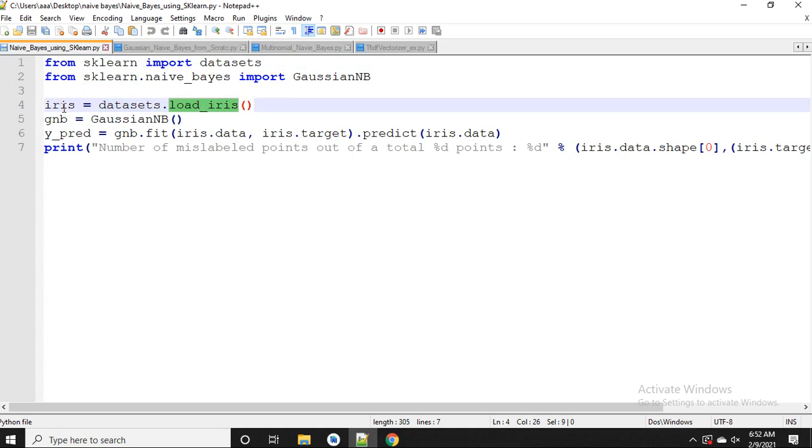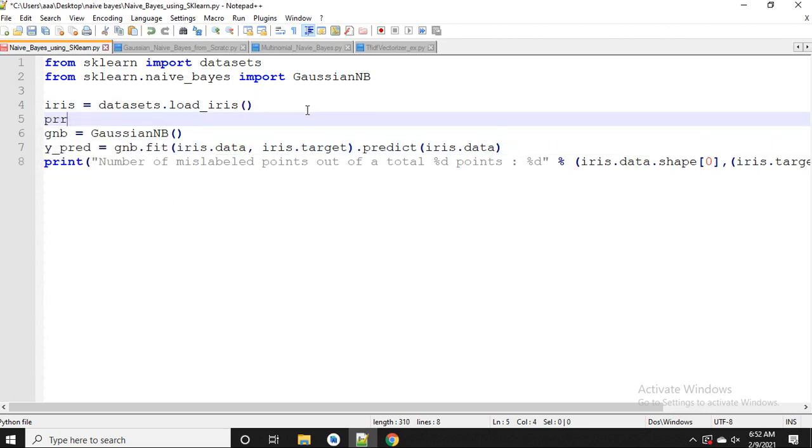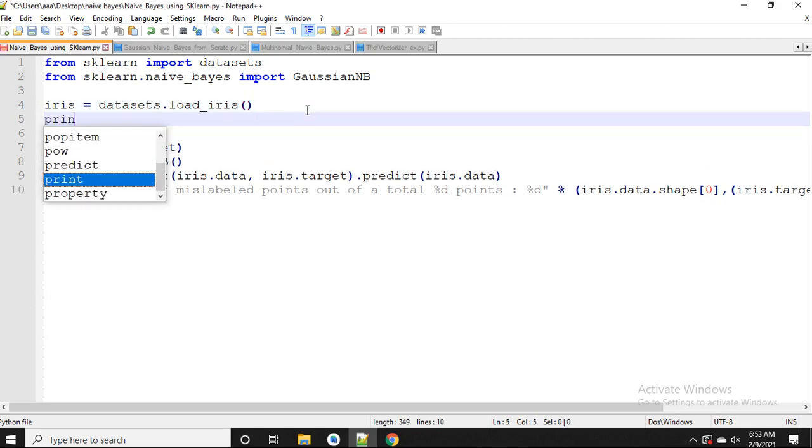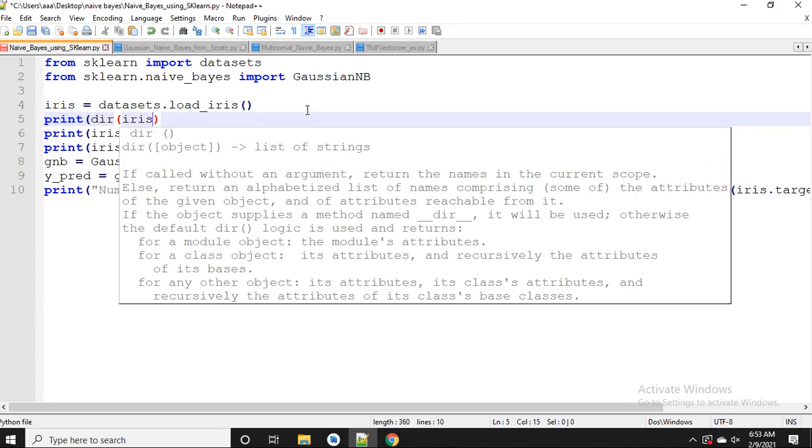So this load_iris will actually have a total of 5 columns. 4 are the feature columns and 1 is actually for the output label. Okay, so now we know that if I want some data from iris, then it's a dictionary type of thing. So iris.data, or you can say iris and square bracket of data. That means data is nothing but a key. So if you want to print that, we saw it in the last examples. In a similar way we have another thing that is iris.target. But if you want to print out all the keys of this, then guys you can just write dir of iris.